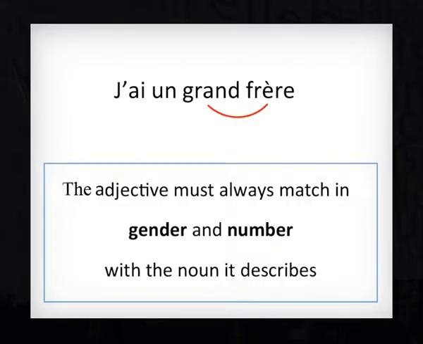Now that you know what a qualifying adjective is and what its function is, let me explain to you the peculiarity of this kind of adjectives in the French language. Since adjectives describe a noun, they are said to be linked to this noun. What I mean by this linkage is that the adjective must always match in gender and number with the noun it describes. If you remember, in our previous class, when learning about definite and indefinite articles, I told you that